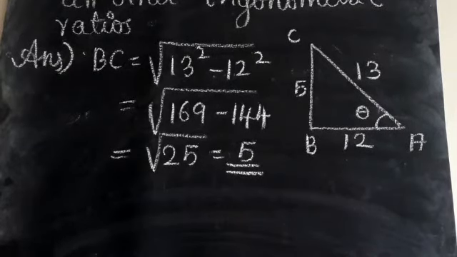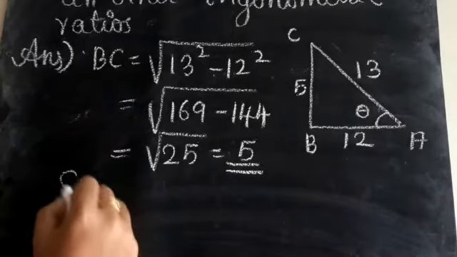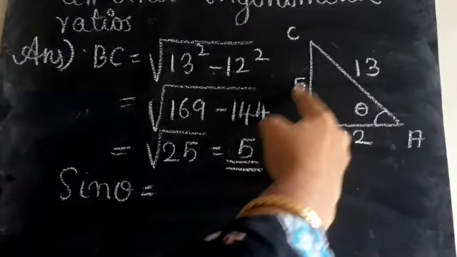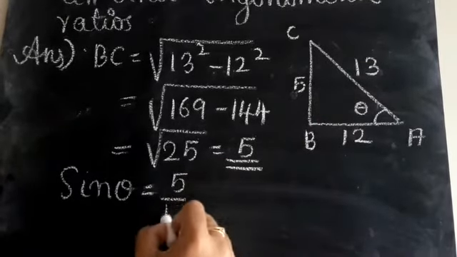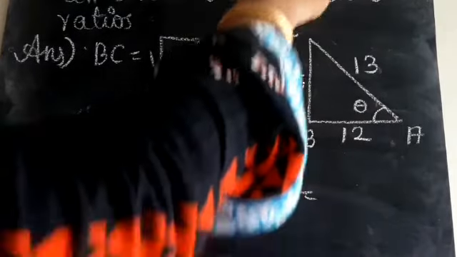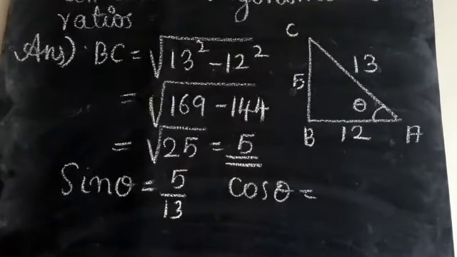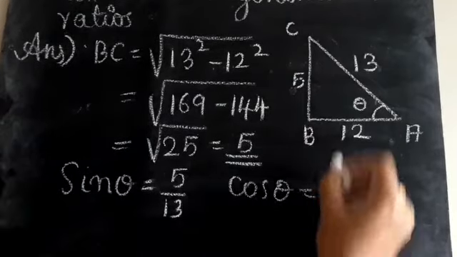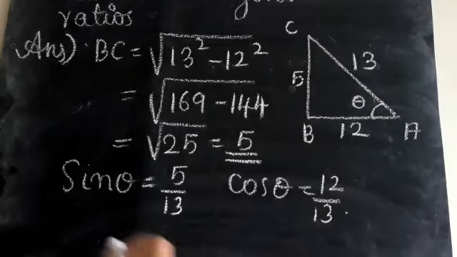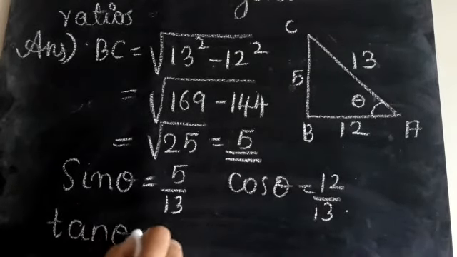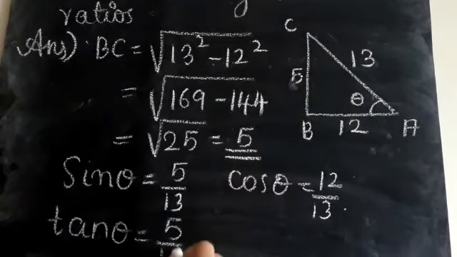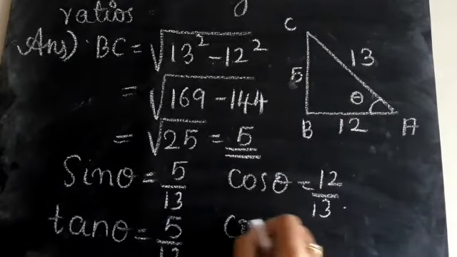Now you have to find out all other trigonometric ratios. All other trigonometric ratios meaning first you have to calculate sin theta. So sin theta, what is that? Sin meaning opposite side by hypotenuse. So 5 by 13. Okay. Cos theta. What is cos theta? Sec theta is given in the question. Cos is actually what is that? It's the reciprocal. So what is that? Reciprocal of 13 by 12, what is that? 12 by 13. Okay. The next one, tan. Tan, what is that? Opposite side by adjacent side. So 5 by 12.